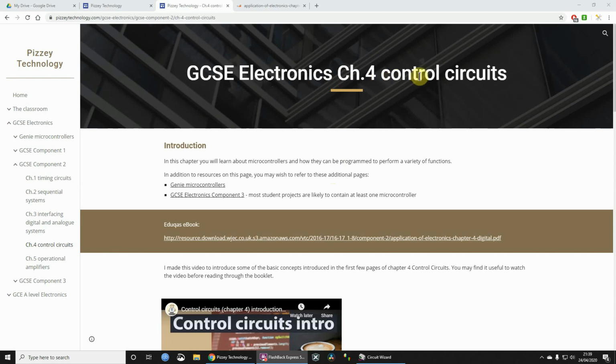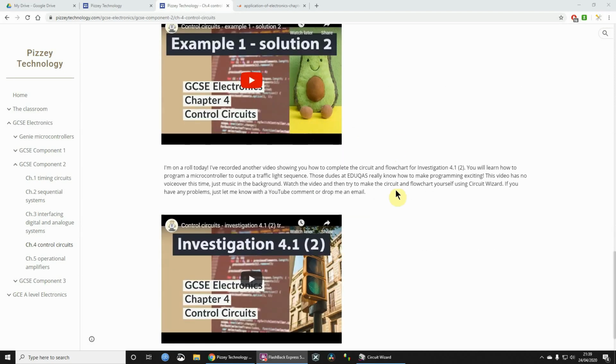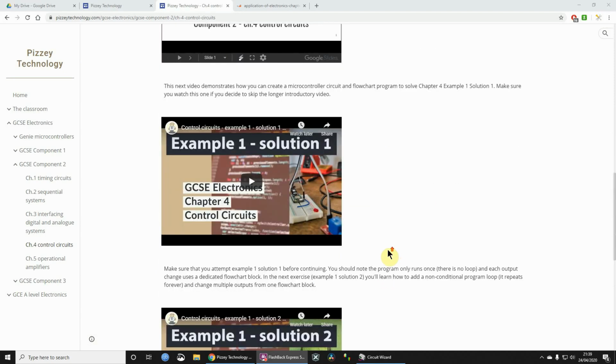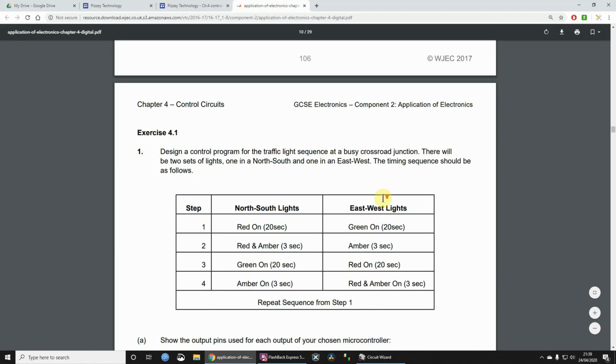We're doing Chapter 4 Control Circuits, and if you have a look at my website here, I've posted various videos showing you how to do the investigations and exercises. And if you haven't already done it, you need to click on this link for the ebook, and that will take you to this. And in this video I'm going to show you how we can do exercise 4.1, which